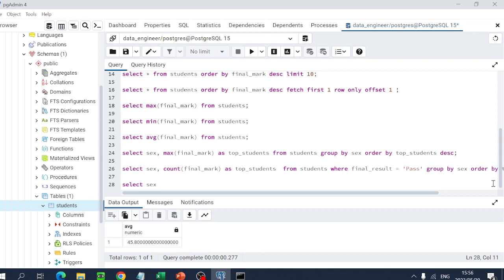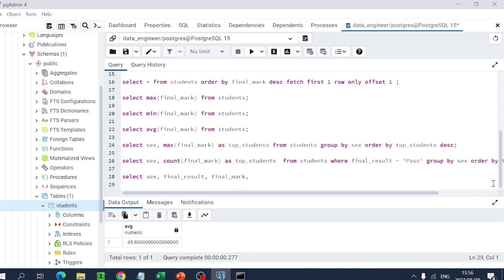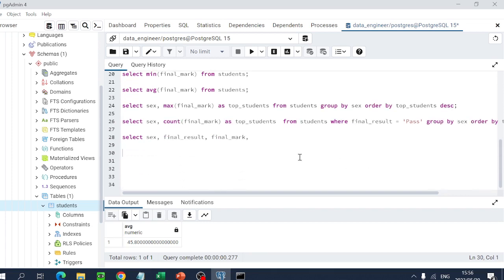Okay, we select sex. We select the final result, final mark. Okay, we start this case. We say when final mark is less or equals to 49, then